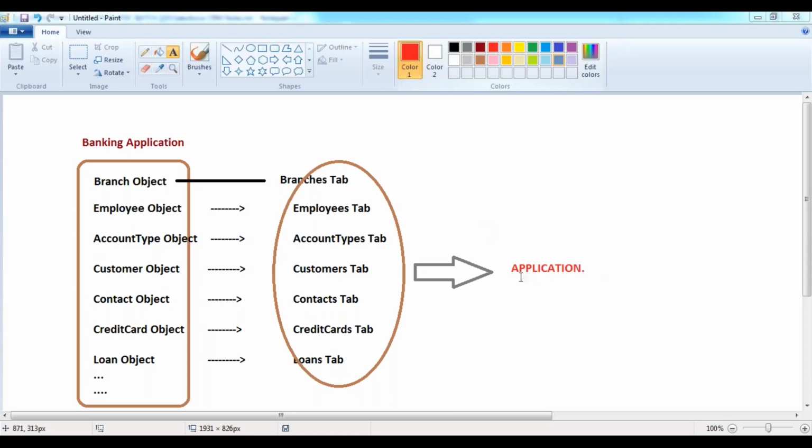What exactly is an application? An application contains a collection of tabs which provide various user interfaces to manage that application specific data. You can take any application, banking, finance, insurance, anything. To manage that banking related data and perform your transactions, we use so many user interfaces, right? Those user interfaces are given by tabs here, so the collection of tabs is called an application.